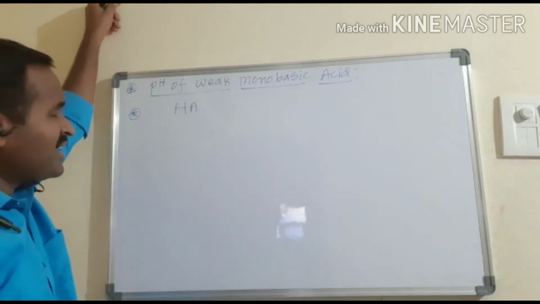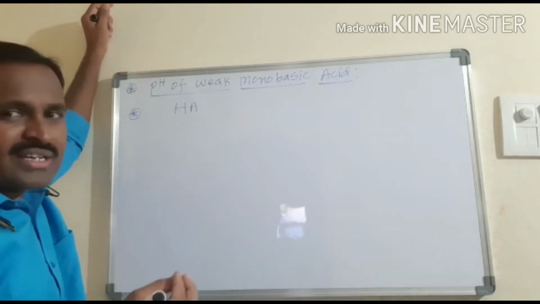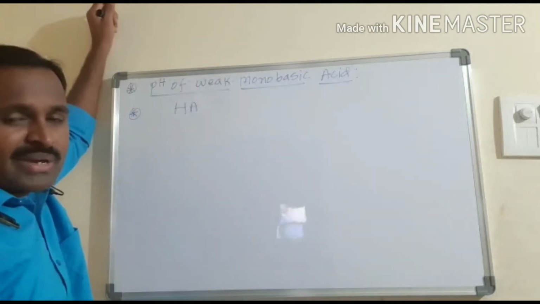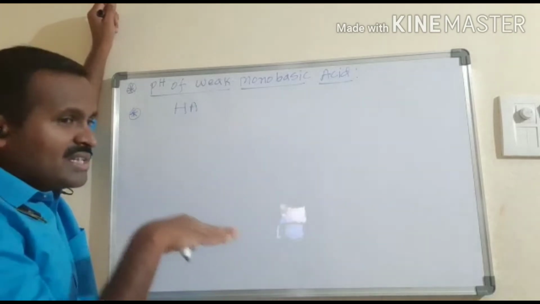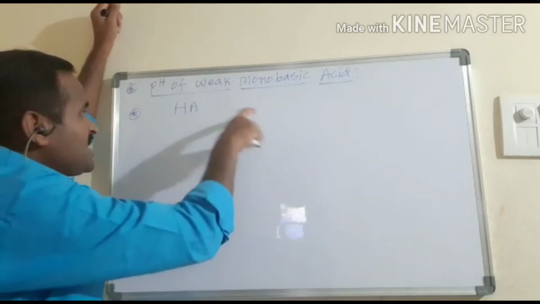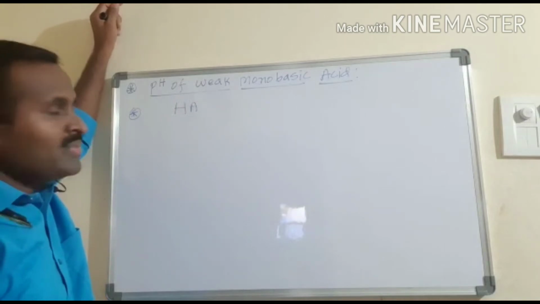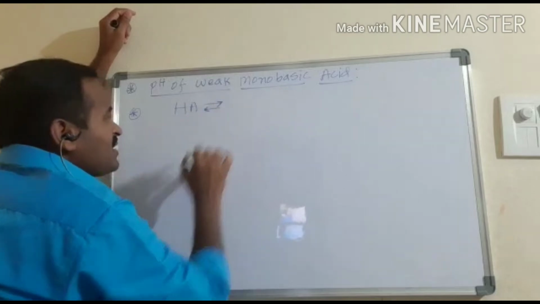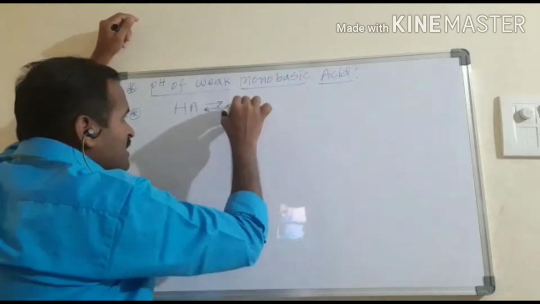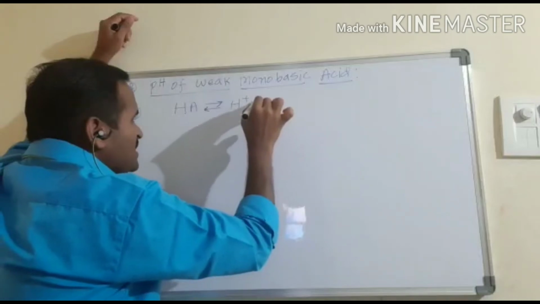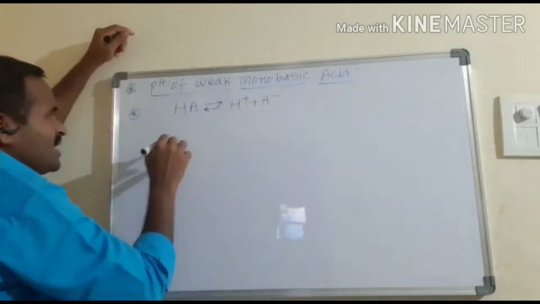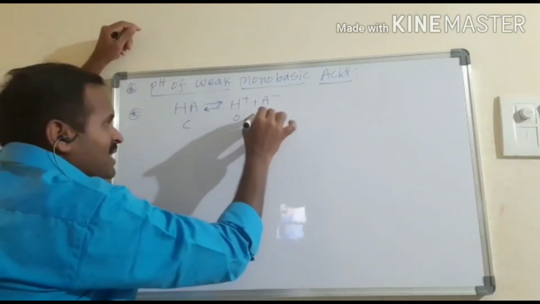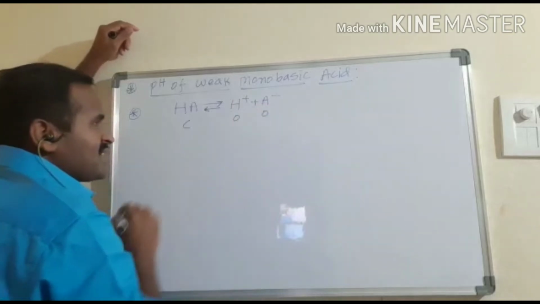This smaller extent of ionization, a partial ionization, takes place, and whatever ions are formed, to some extent dissociation takes place. So there are dissociated ions and undissociated molecules. There exists an equilibrium. Such an equilibrium is called ionic equilibrium. I am taking that this is H plus ion and this is A minus ion, right? Initially the concentration of HA is C, and the H plus ion concentration and A minus ion concentration are